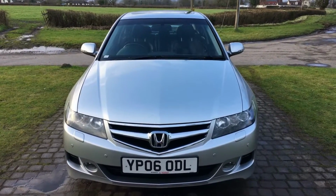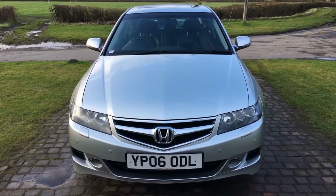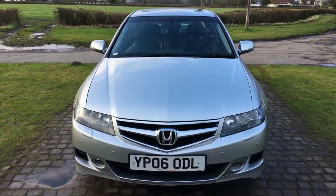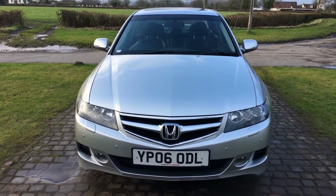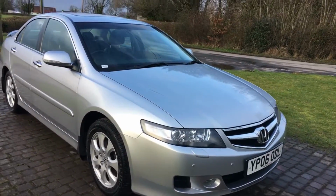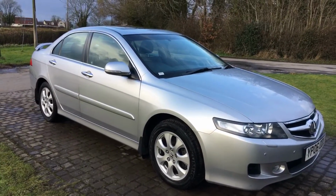Right, this is a quick walk around video for a Honda Accord. This is a 2.2 EX diesel. Rather a unique car, this one. It's packed with extras. It's got this appearance kit which has got the deeper sills on the side, rear spoiler on there,